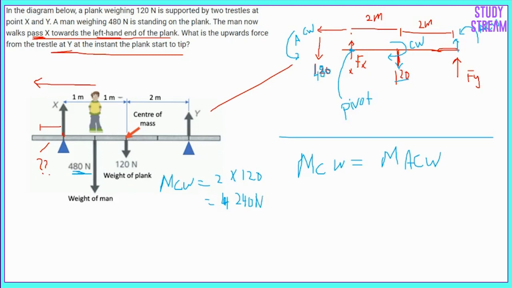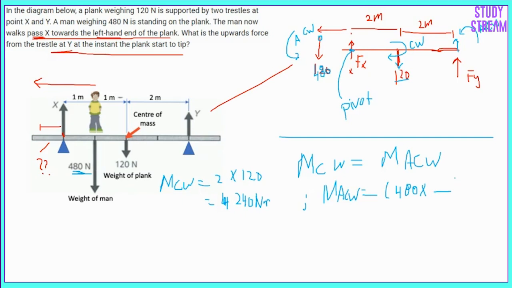Newton meter. Now, when we talk about moment anti-clockwise, it's the sum between the Fy and the other force due to the weight of the person here. So we need to sum. I'm going to say the moment anti-clockwise is equal to, first, the moment due to the weight of the person, 480, multiplied by x, the distance to the pivot, which we don't know here,